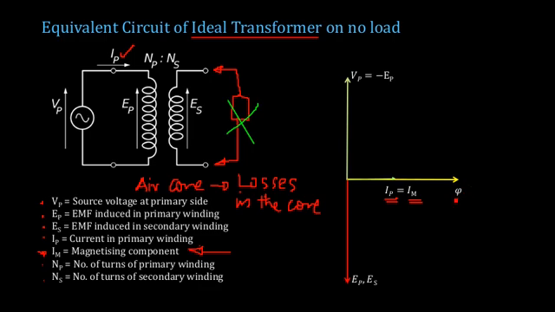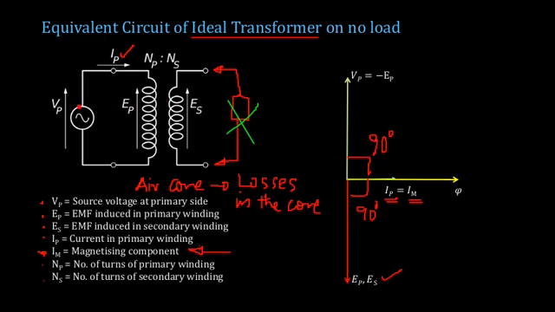Now what happens once a flux is set up in the core, or in the air core region? You will have some EMF induced in the windings. The flux will be linking with both the primary and the secondary winding, just like we have seen in the figure, and you will have some EMF induced in both windings. Those values are given by EP and ES. EP and ES will be lagging behind your flux phi by 90 degrees. So the flux will be lagging the input source voltage by 90 degrees, and the induced voltages will be lagging behind the flux by 90 degrees. This much concept is very known to you.